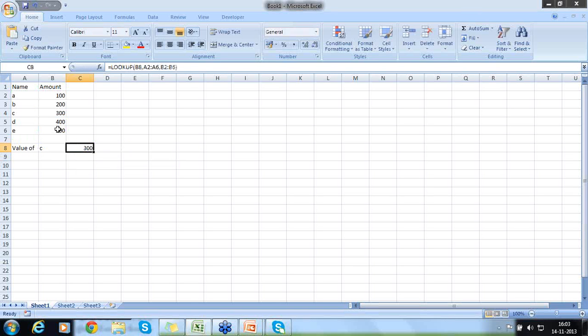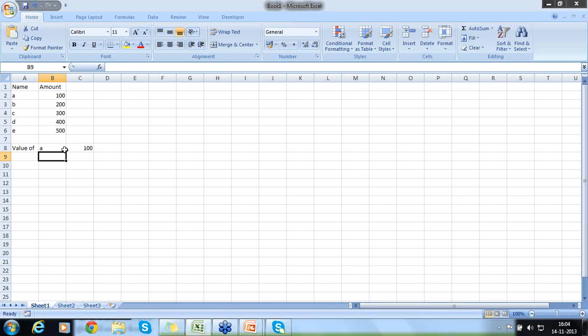So you can see here now, the lookup value is 300. If I put here A, you get 100. If I put D, I get 400. If I put E, I get 500. If I put values that is not available, you can see now it is retrieving the last value, right? So G is 500. So it retrieves the last value. If I put A, 100. H is 500. The nearest value he will look for,